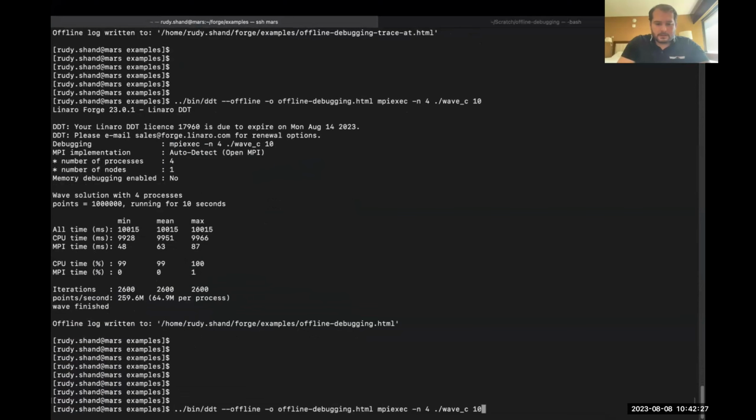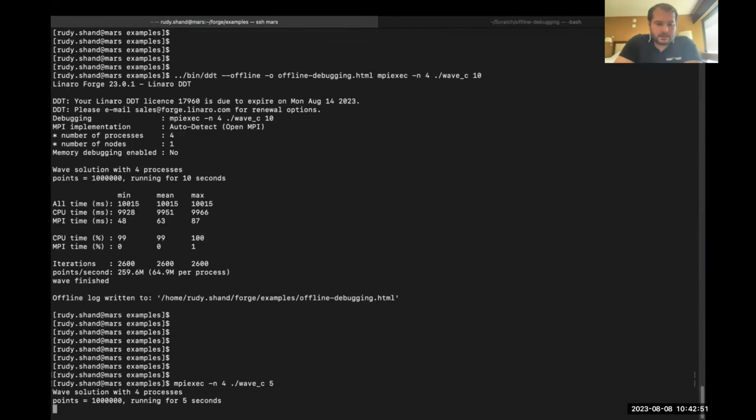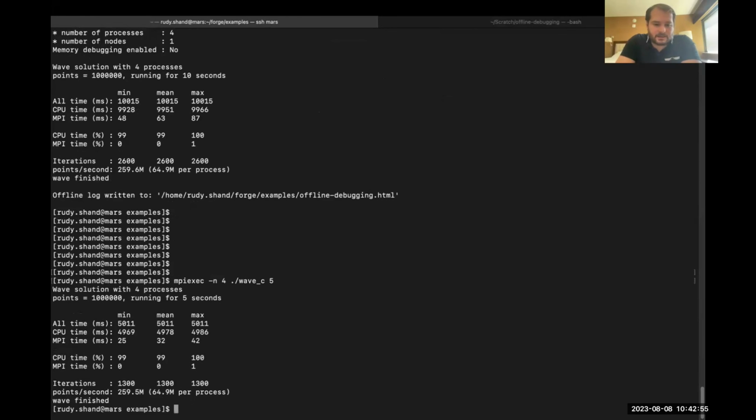Okay, I'm on one of our internal machines, and what we can do is run this application. Maybe let's just run it without the tools. I'm running mpiexec with 4 processes, and I'm running wave C for, say, 5 seconds. This will just run the application, and you might want to say, okay, if I want to look at some of these variables,